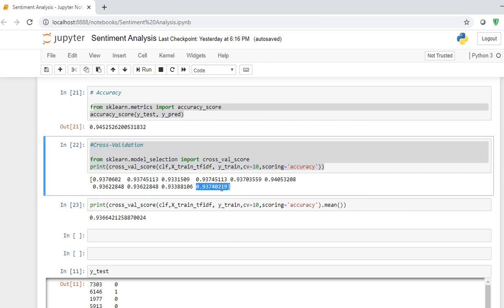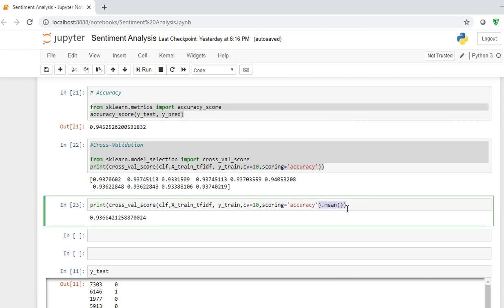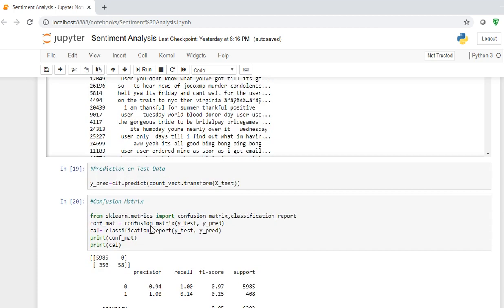But if somebody asks me what the average accuracy of my model is, for that I have used this mean function, and this will be the final accuracy that my model is giving as of now. So yeah, this is very simple and easy to